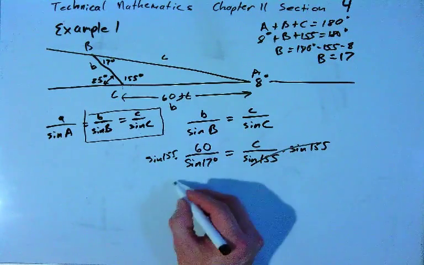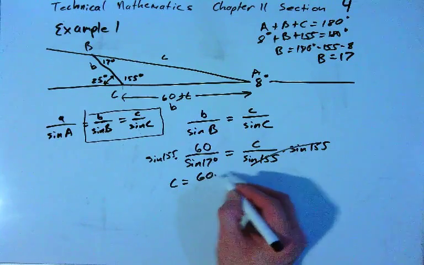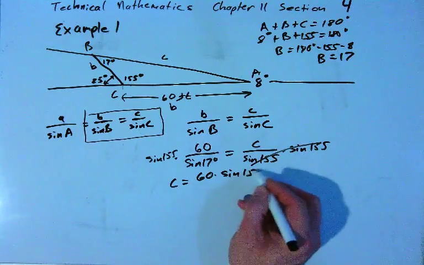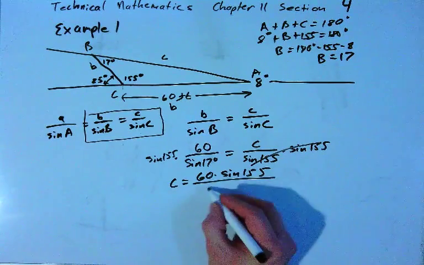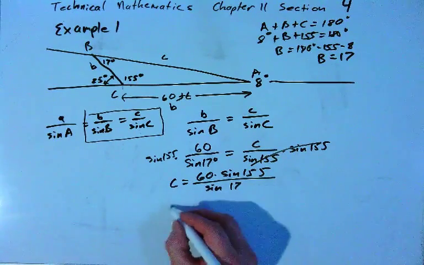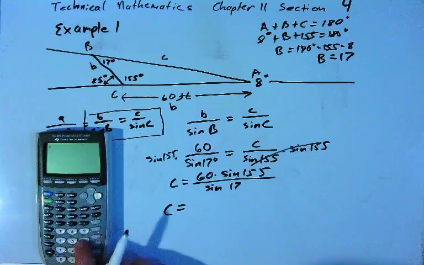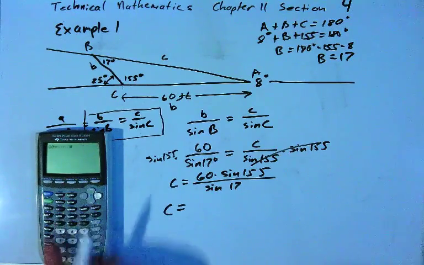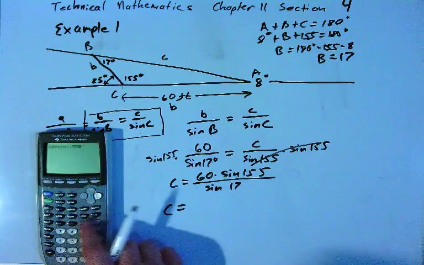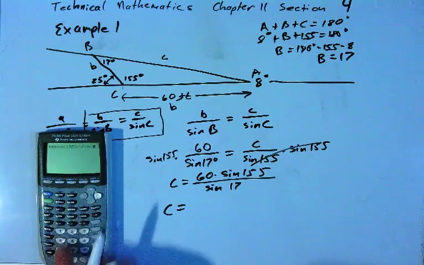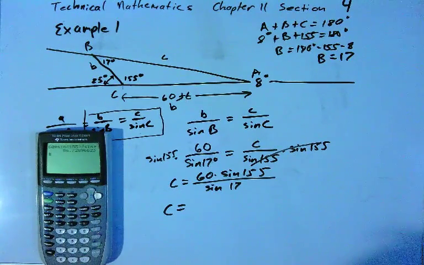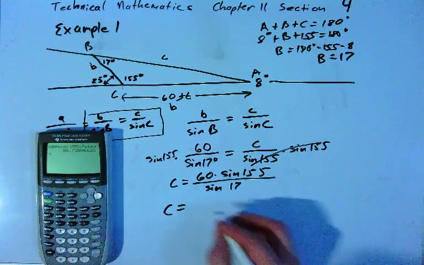Okay, these cancel. And we get C equals 60 times the sine of 155 divided by the sine of 17. We'll type this in, and we'll get our answer. So we have 60 times the sine of 155, close parentheses, divided by the sine of 17. And we get 86.73,